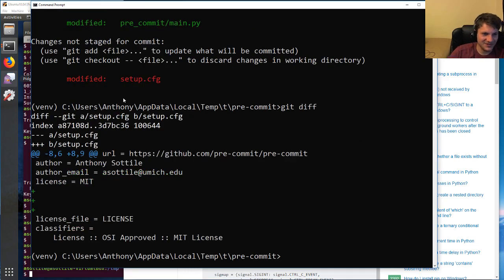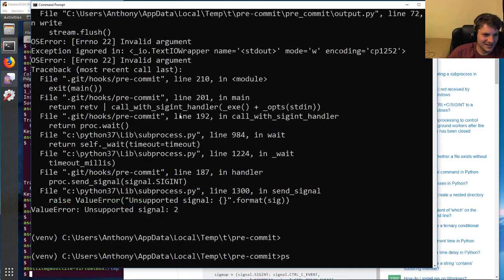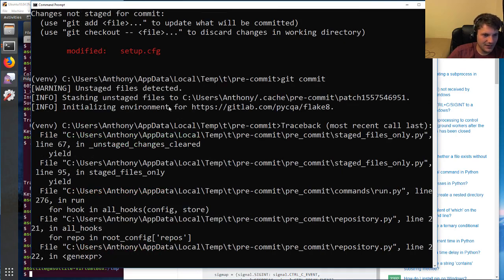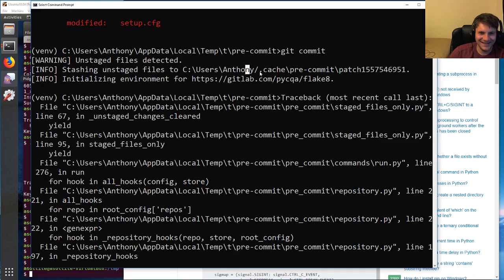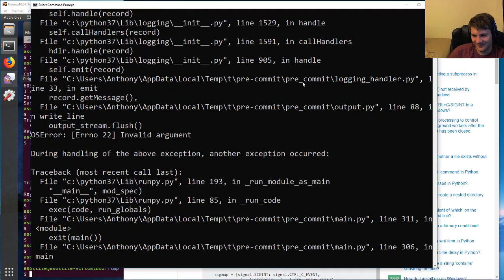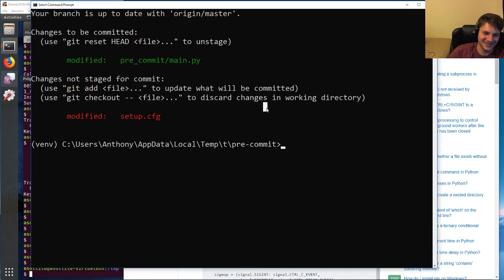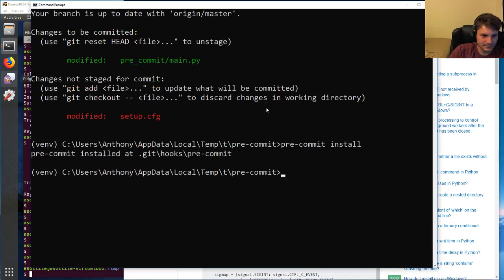Oh, well it did restore it, so that's cool. Or maybe it didn't stash it. Did I Control C too quickly? Let's see what happened here. Warning, unstaged. Okay, so it did stash. I like the mixes of slashes here, which is pretty great. Backslash, forward slash, backslash. It works, but whatever. 80% of Windows services sound like viruses. Yeah, they definitely do. So if I pre-commit install again,